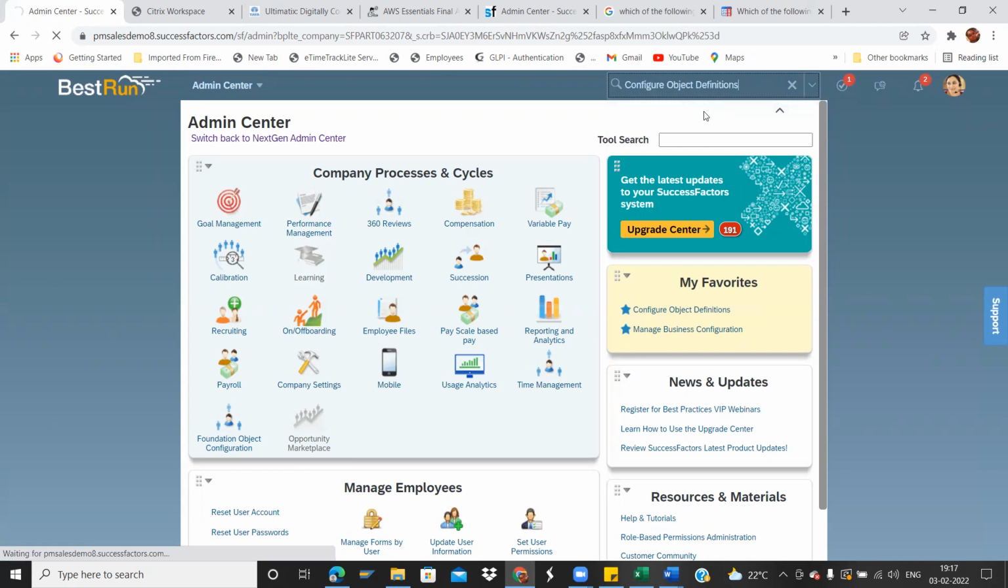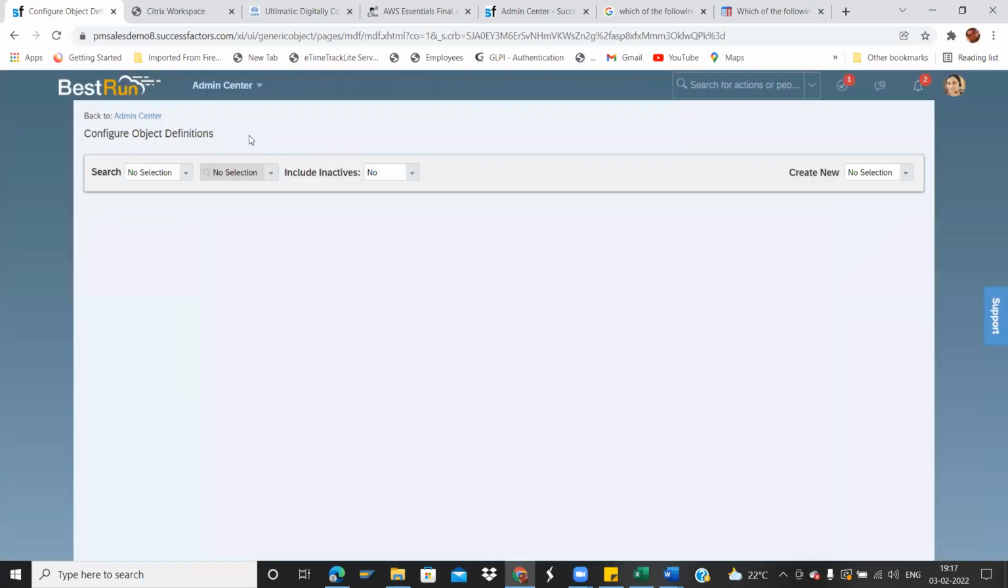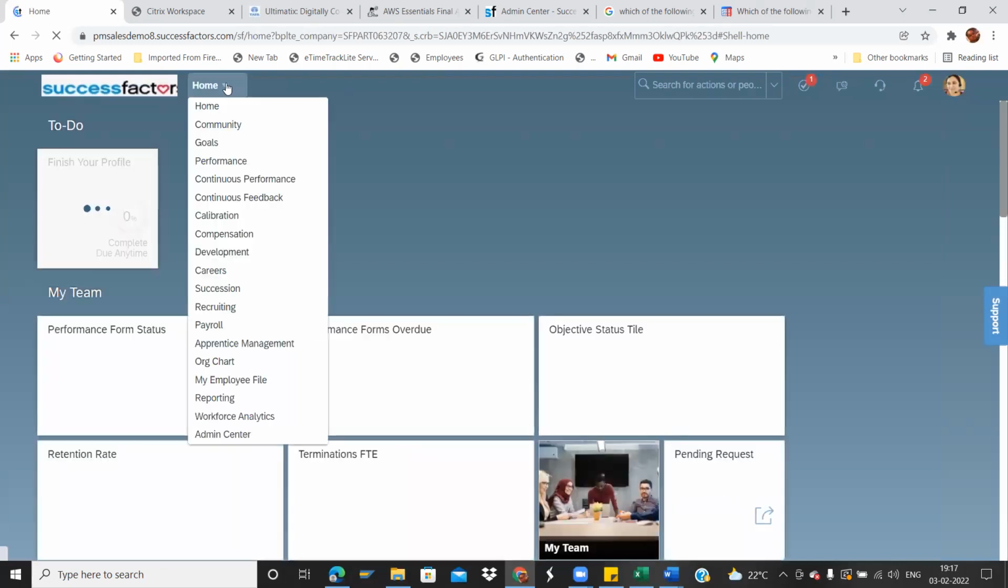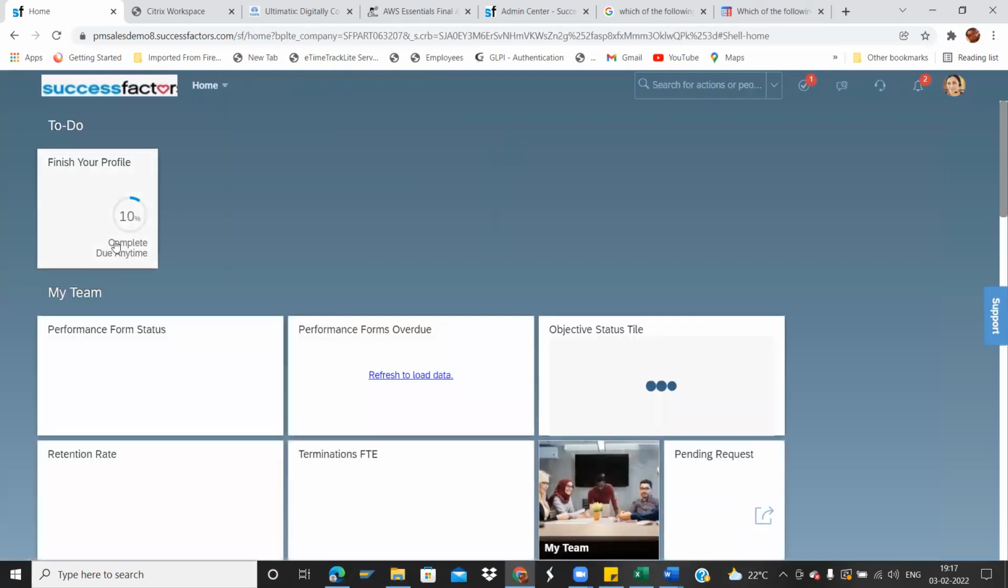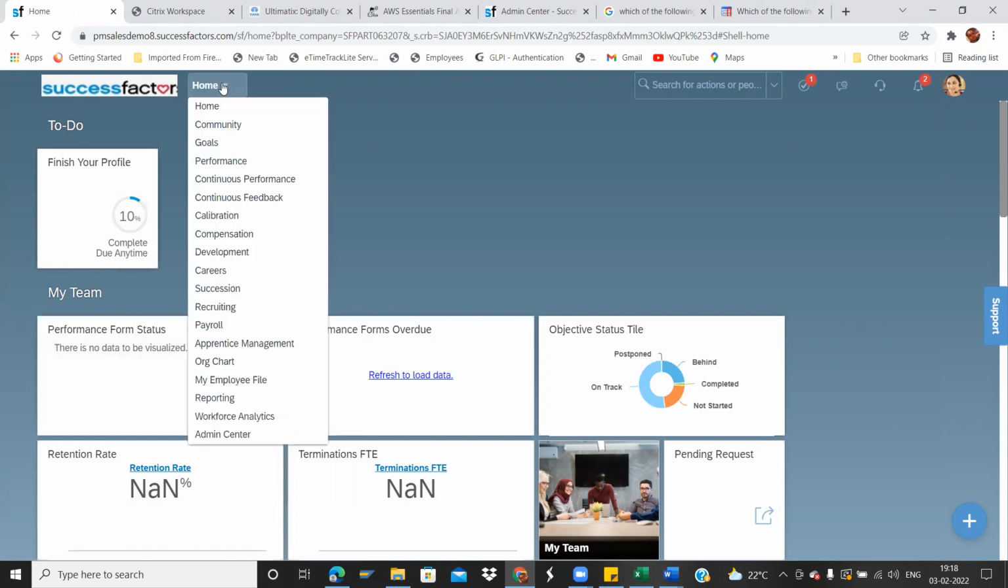Be clicking and I can configure that object. From here, the consultants will be going and creating or modifying the existing MDF objects that I'll be covering in this topic. I'm just making you go through this SuccessFactors page. These are the home page tiles. These tiles are our next topic, how to configure. These are the tiles we'll be configuring in our next